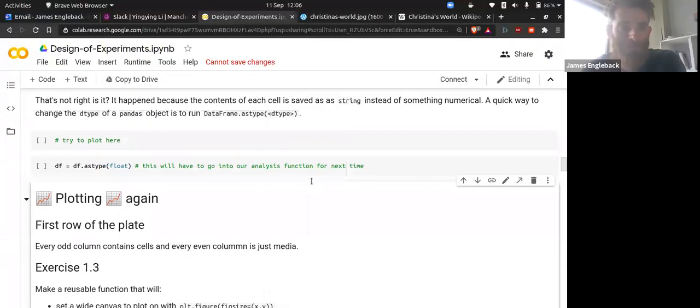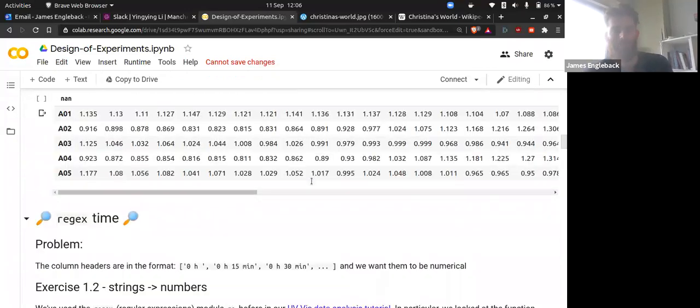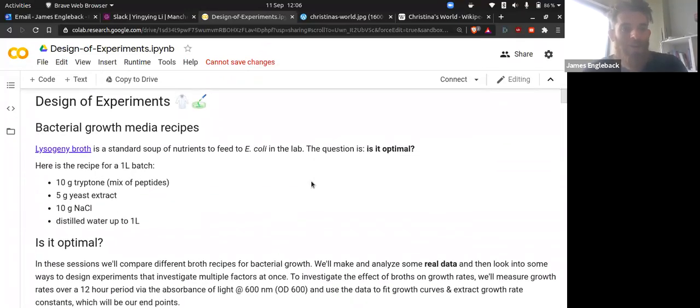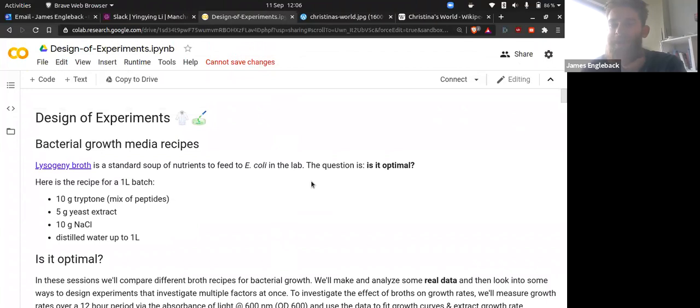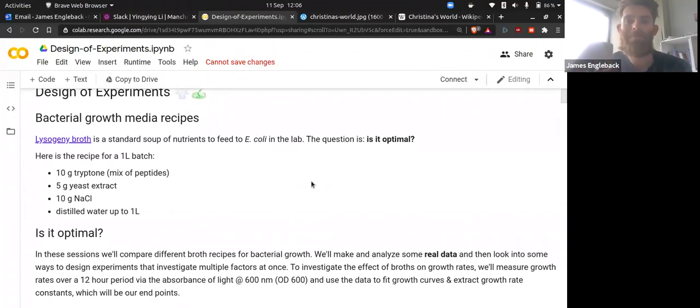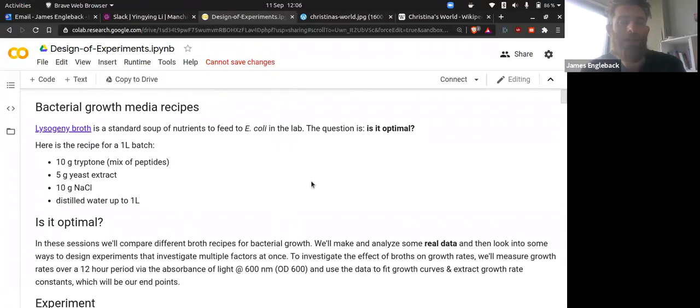Okie dokie. Right, so in the last Python Club, we were starting on a design of experiments type series. So I did an experiment in the lab with a 96 well plate as a sort of pilot study. So the aim of this section or